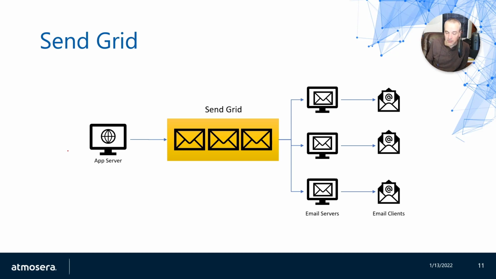And the preferred way is obviously to use an API, but this basically gives you the ability to have the app server send a message through Sendgrid, and then it will get sent to an email server, and then ultimately to an email client. And this is commonly used for sending out reports, for doing password resets, for